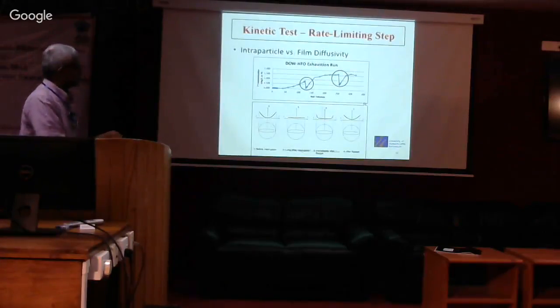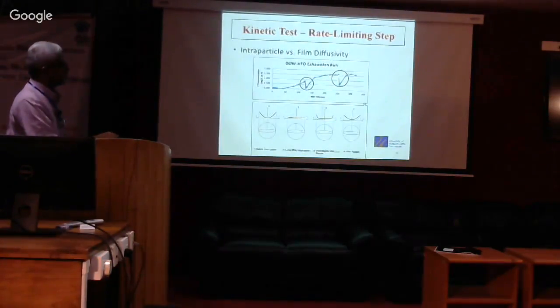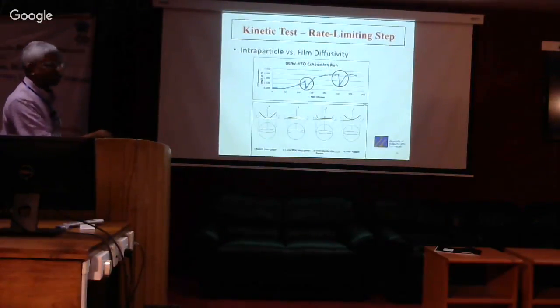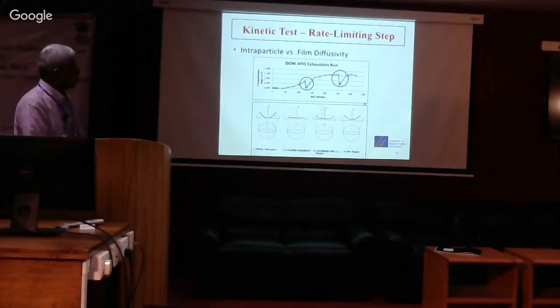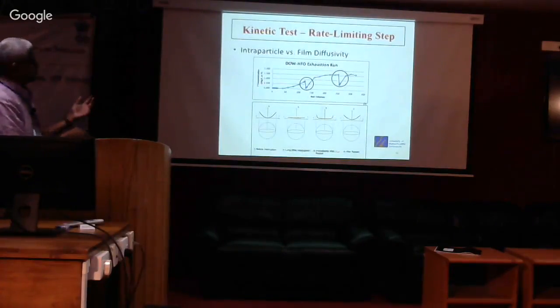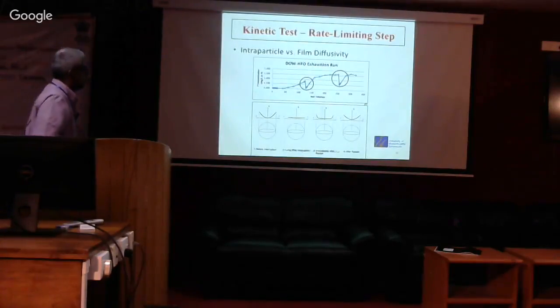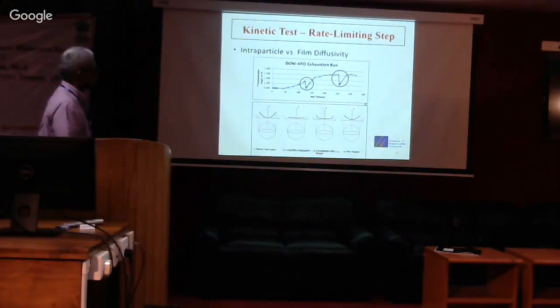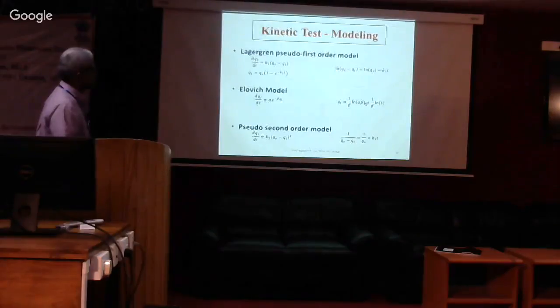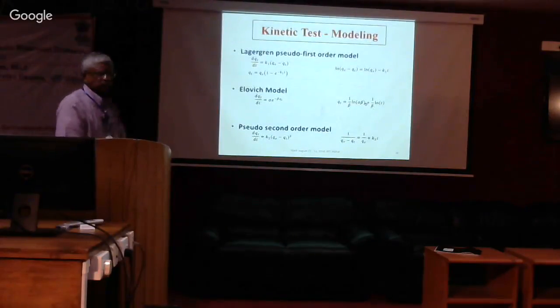So in an interruption test, if you see something like this, that means that intraparticle diffusion is the rate limiting step because the flux curve, you can see how the flux curves are. So I will not get into the details. It's very standard. Any ion exchange principles book will give you the details. The question then is, well, if intraparticle diffusivity is the rate limiting step, then what is its value? And one can do very simple tests to find that value. But you can also run some other models,